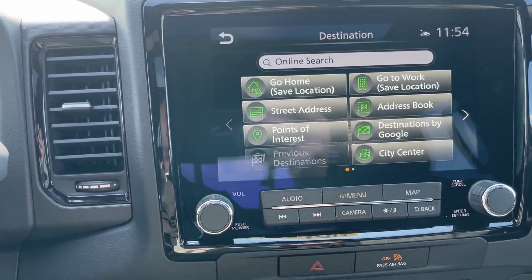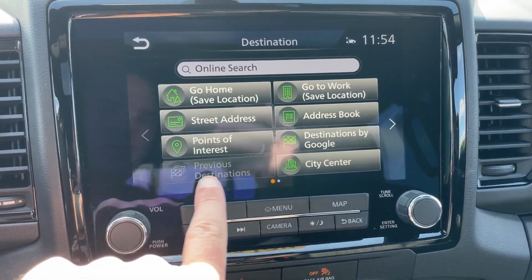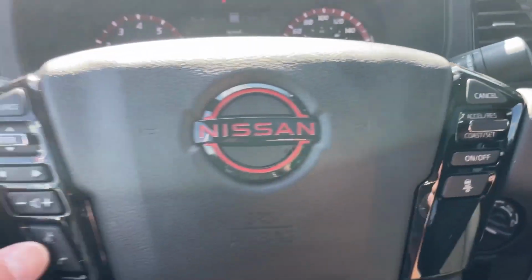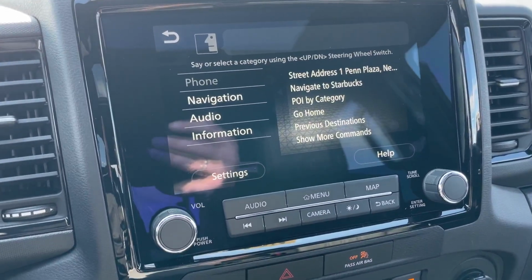When I go to set a destination, all the buttons are there because I'm parked. When I start to move, they all gray out similar to this one here. That's because trying to set this while on the fly is a bit of a safety concern. However, if I press this button,